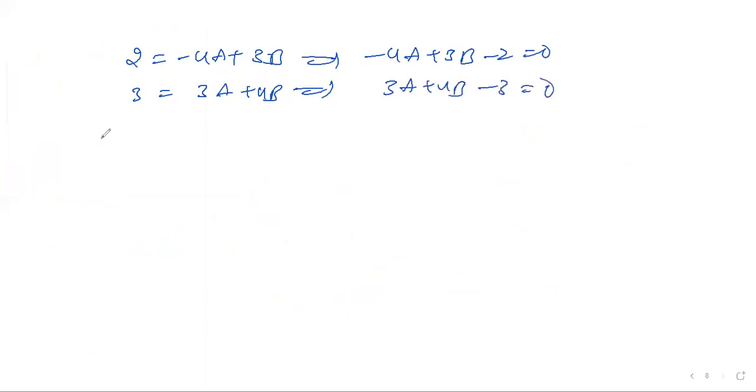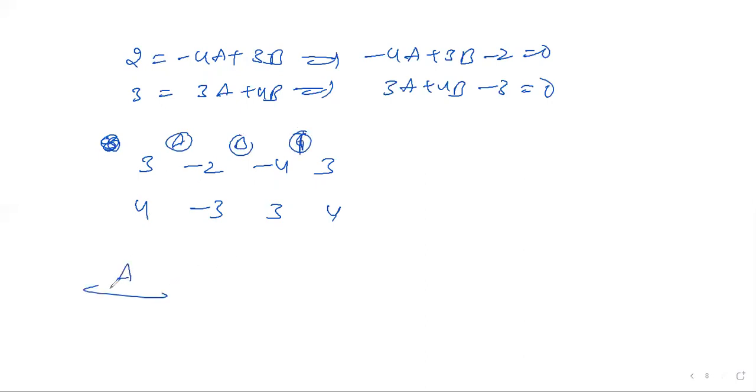Okay. Now let us take 3, minus 2, minus 4, 3 4, minus 3 3 4. I'm going a little fast because this method we already know from earlier. Constants side. Let us take a by 3 is a minus 9 plus 8. Then b is equal to 3 to the minus 6, 3 4 is a minus 12, 1 by minus 16 minus 10.